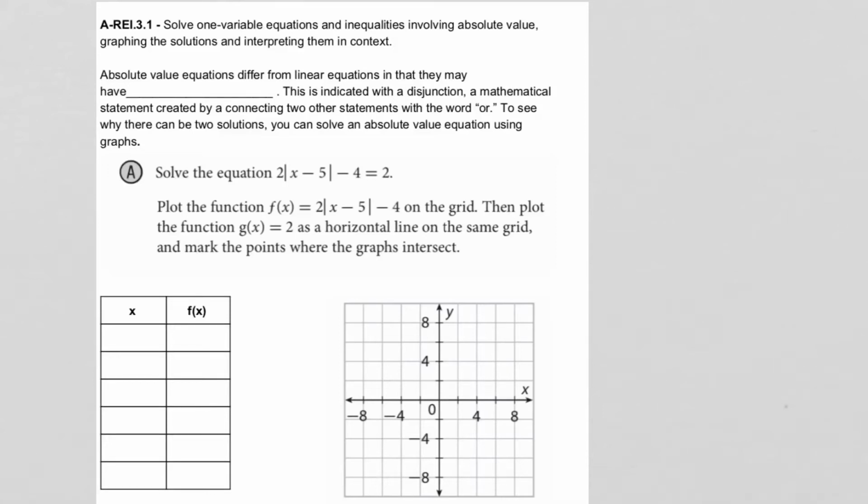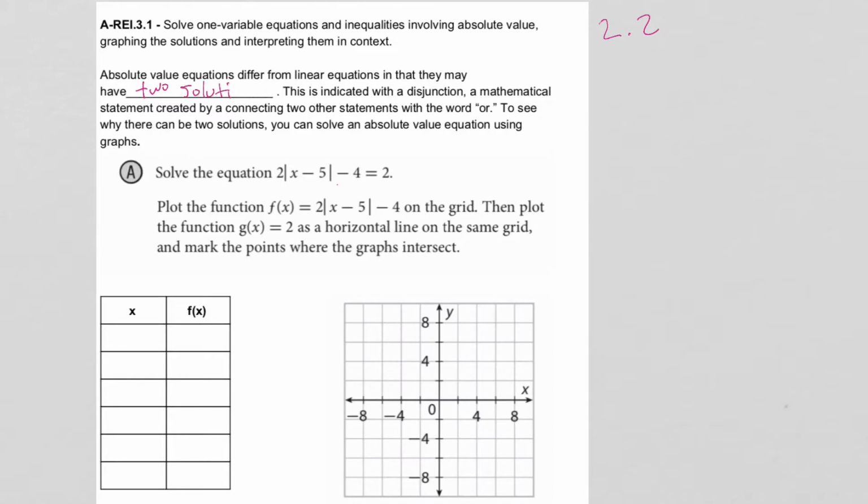So, section 2.2 of the guided notes, 2.2. And due to the mix-up in the packet, hopefully you can find your page that looks exactly like this. And this is for section 2.2. You might want to indicate that at the top. And let's begin. Absolute value equations differ from linear equations in that they have two